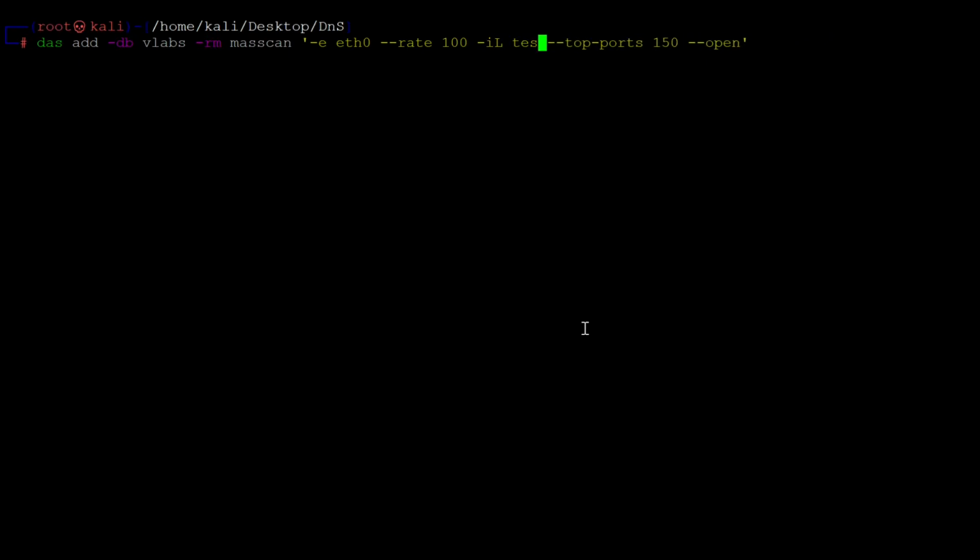For the sake of our demonstration, I will be using the range option, and we are using 192.168.90.0/24. I want to scan the whole range. I want to see what hosts are available in this range. I will do that, and I will just run the scan.